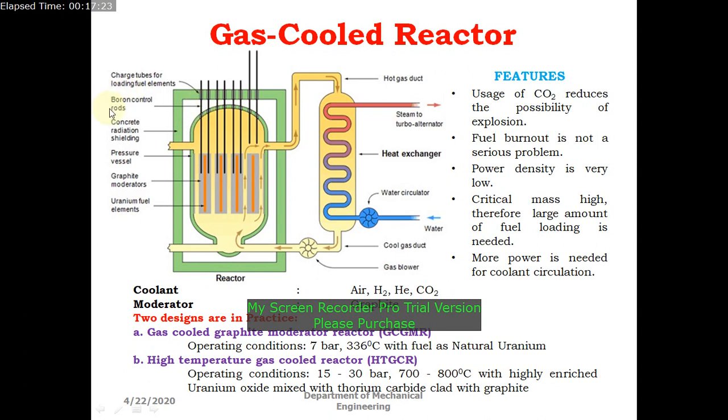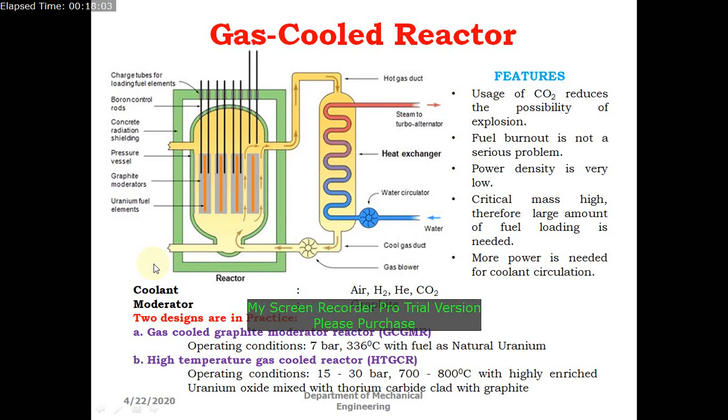Now from the top there is an arrangement for the control rods. Here the control rod is made of boron material. As we mentioned earlier, the depth of penetration of the control rod can control the chain reaction. If the control rod is deeply penetrated into the core, more neutrons can be absorbed, so the chain reaction will slow down. Depending on the load acting on the power plant, we can operate the position of the control rod. And to reduce the leakage of radiation to the surroundings, we are providing a thick concrete radiation shielding here.